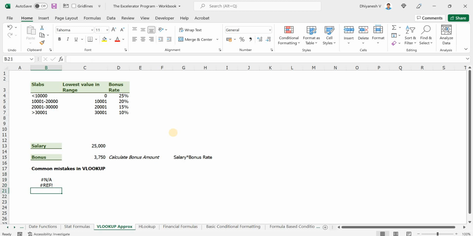And the most common thing: the first column should contain the lookup value. If it does not, it is an error. Obviously, you cannot look up based on the rate, you have to match based on this. If this is on the left side, the formula won't work, as we all know, right? So these are the common technicalities that go wrong when you are entering a VLOOKUP, which in turn builds